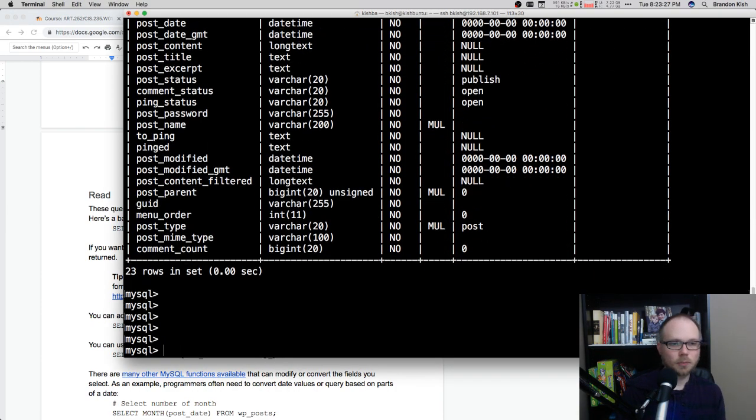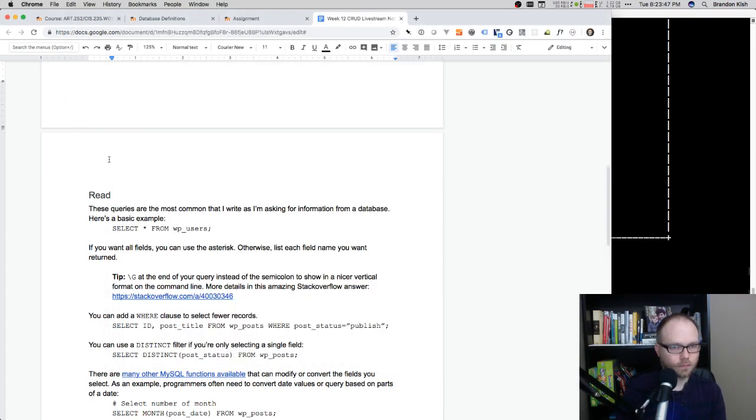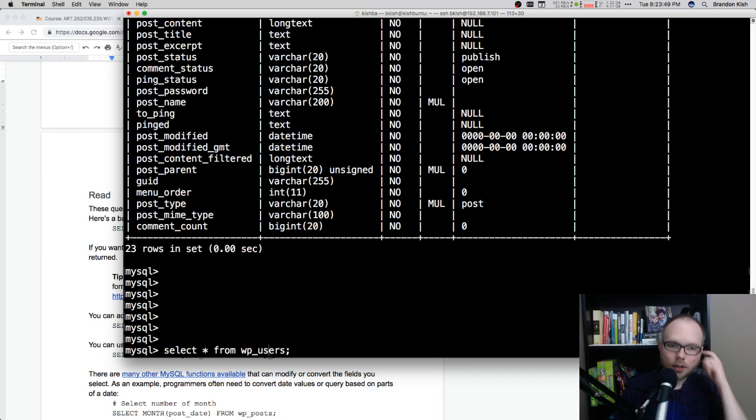So I'm going to make some space here, and I'm going to write a query. And in my document, I type all the MySQL keywords as capitalized, but you don't have to capitalize them. So I'm going to write select star from WP users. The star, you can either list star to grab all fields, or you could actually list the fields that you want to select.